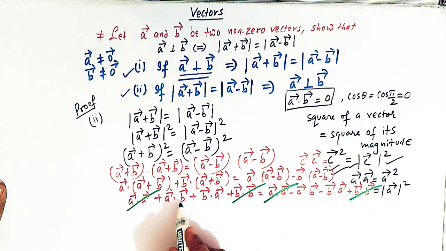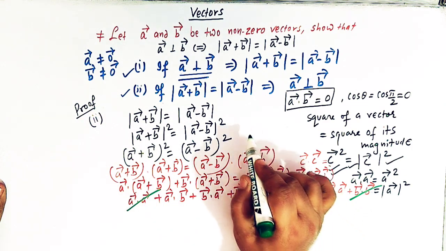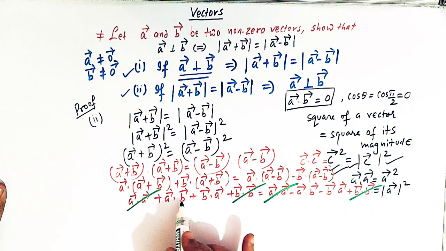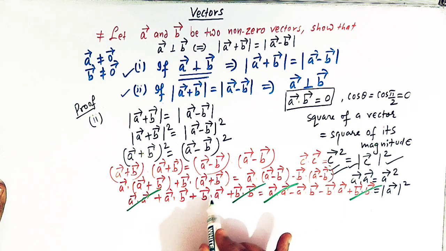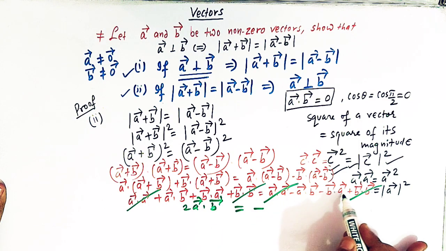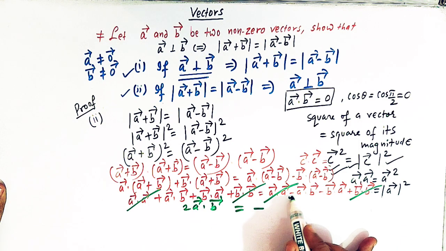Then here we have a dot b plus b dot a, right? So the scalar multiplication of two vectors is commutative. So a dot b is equal to b dot a. So here we can write 2 times a dot b, right? And here also we have a dot b and b dot a, and here we have the negative sign. So we have minus 2 times